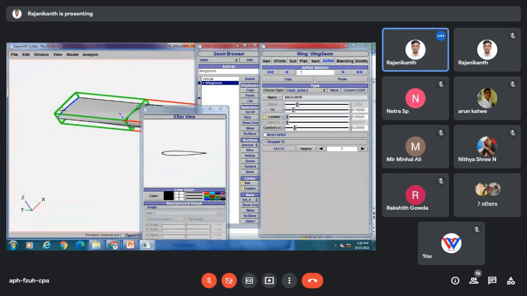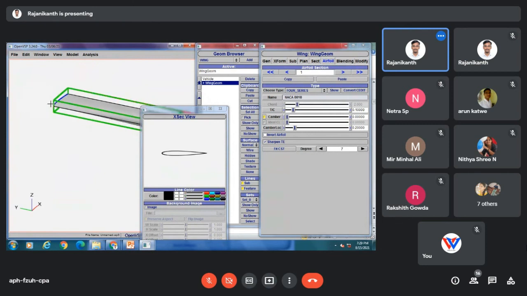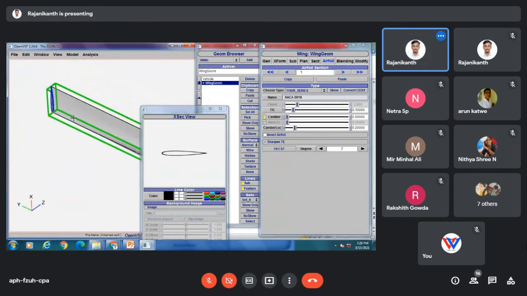You can go to the next section. Next section in the sense of the tip side. Whatever I varied just now, that is at the root chord. So you can click like this and jump to the tip chord or tip side of your wing, where we have the default aerofoil type, that is NACA 0010.